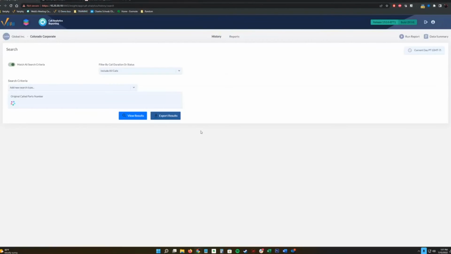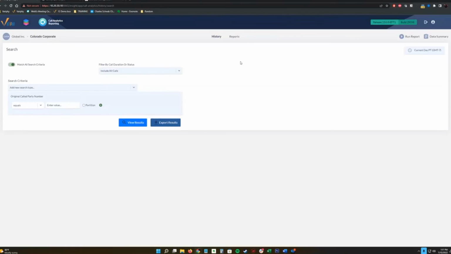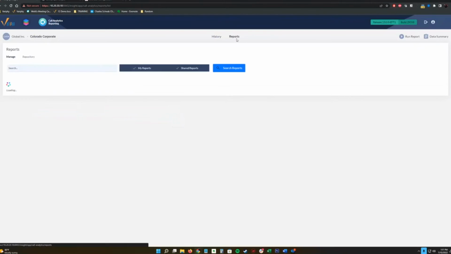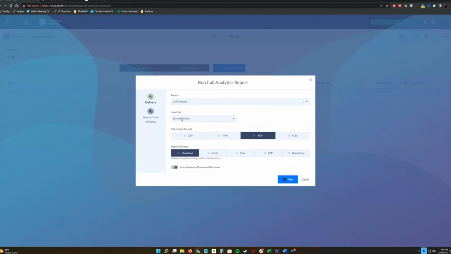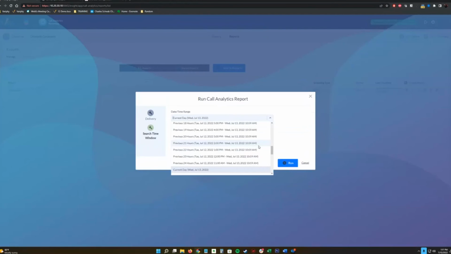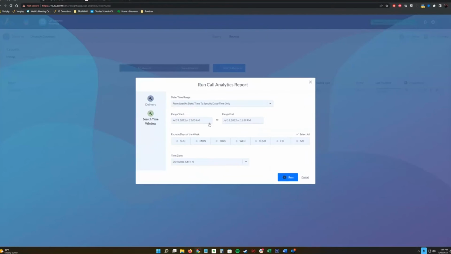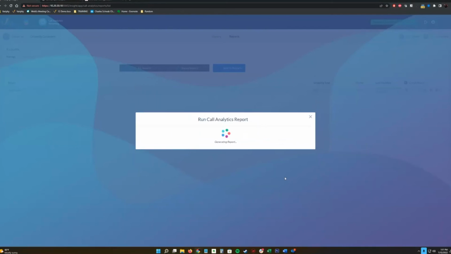And there we go. Okay, cool, great. So now that gave us that, we can go over to the reporting section. And we see that 23XX report that I ran earlier. So what we're going to do is run this report for the same time period, which was March 1 through March 3rd. And we're going to give this a little run.